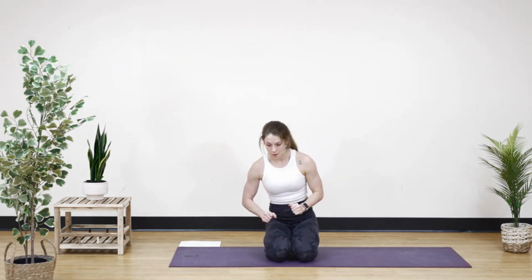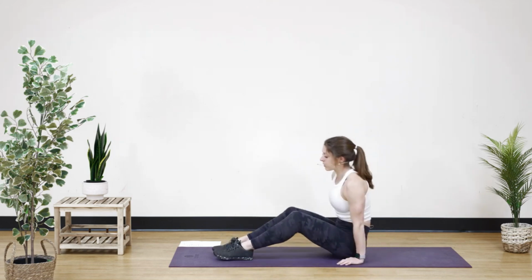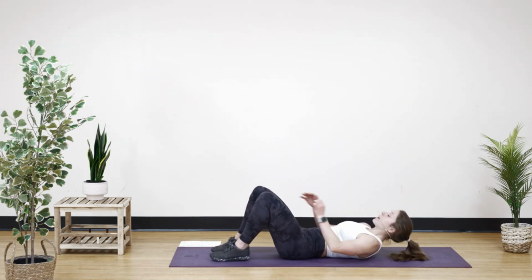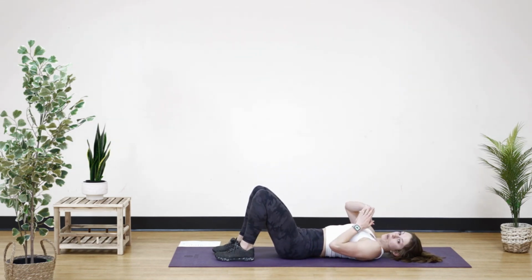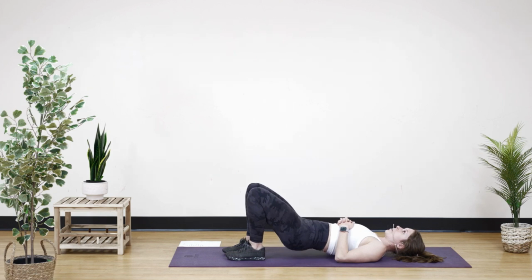Now we're going to go into glute bridges. With the glute bridges, you're going to go down on the mat, all the way down, on your back. You want to make sure that your back is not necessarily flat, but you also want to make sure that you're comfortable. Your back has a natural arch in it, so you don't have to worry about being super conscious about having it flat. You want to bring your heels to your glutes,